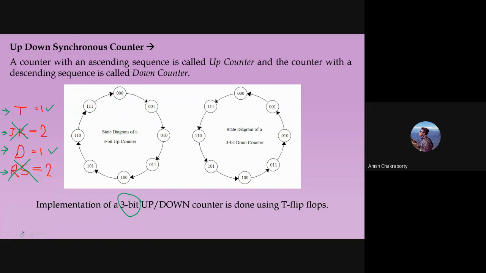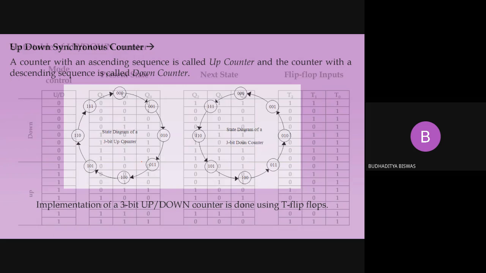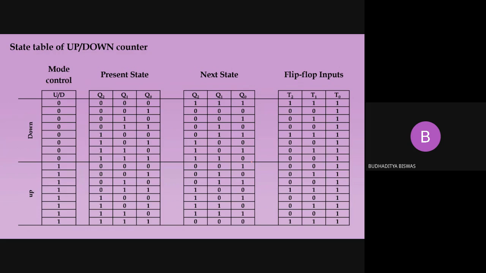Yes. Okay. So now that is the state diagram. Now come to the state table. This is the state table. It looks very complicated, but believe me, this is a very, very simple state table. Let's understand this one. The first 8 rows are for the down counter and the last 8 rows are for the up counter. It is also mentioned here: this is mentioned down and this one is mentioned up.